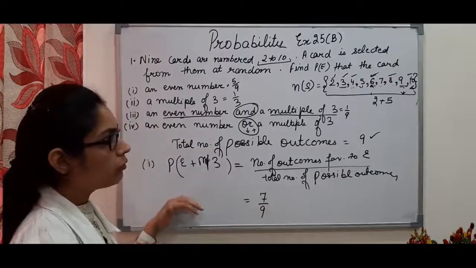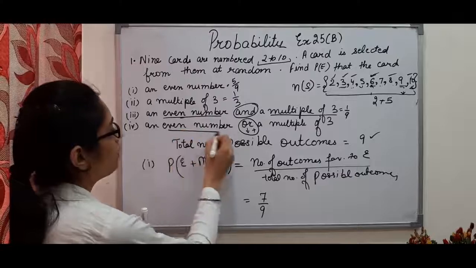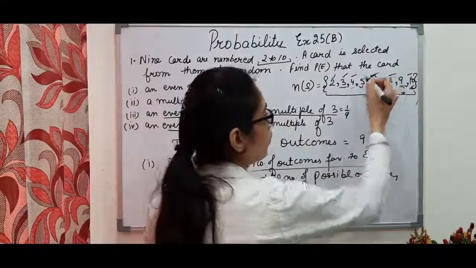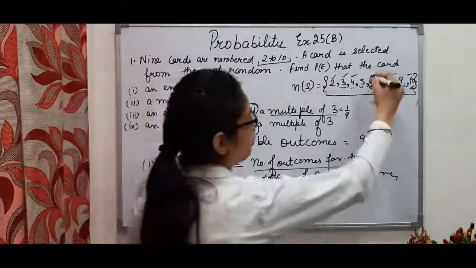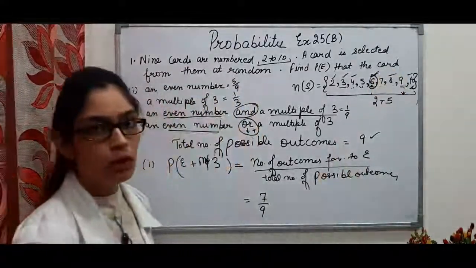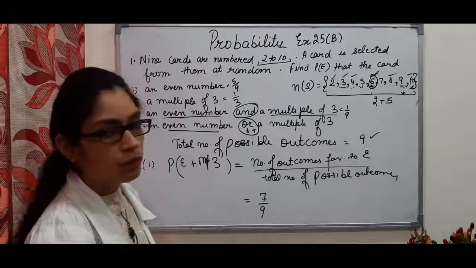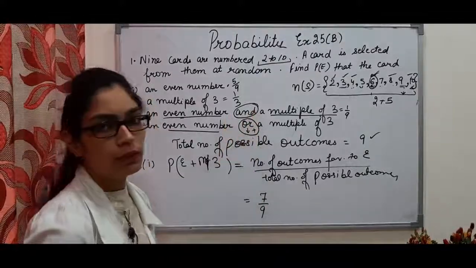You have to be careful in choosing the numbers because even number plus multiples of 3, and I can see 6 is again an even number and a multiple of 3. So I have to take this number only once, not twice. So with this, your first sum has been finished, and try to remember this concept of AND OR,